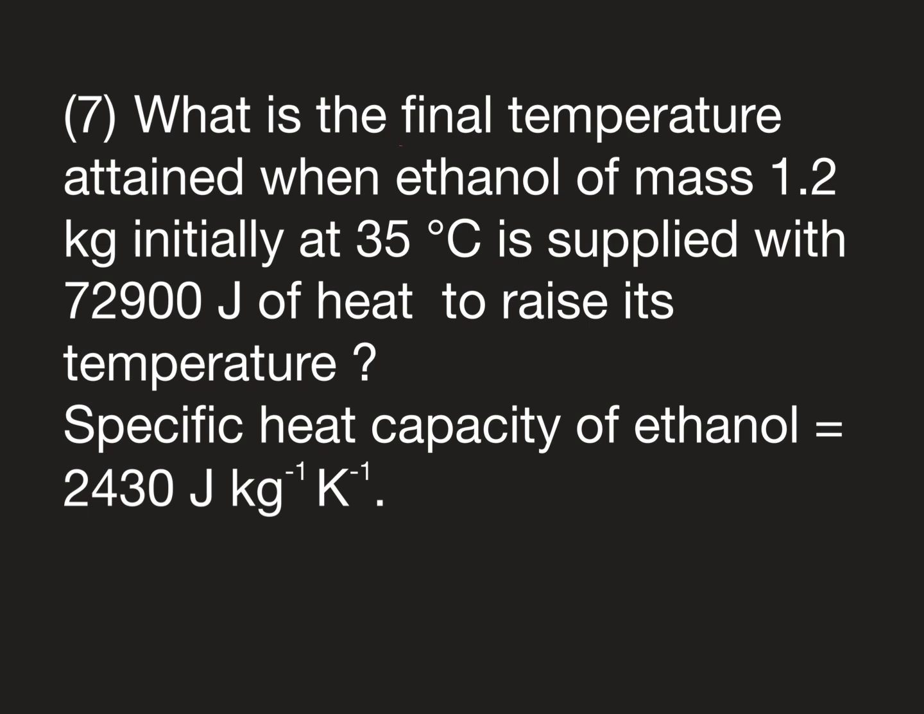What is the final temperature attained when ethanol of mass 1.2 kilograms, initially at 35 degrees Celsius, is supplied with 72,900 joules of heat to raise its temperature? Specific heat capacity of ethanol is 2,430 joules per kilogram per Kelvin. Solution: